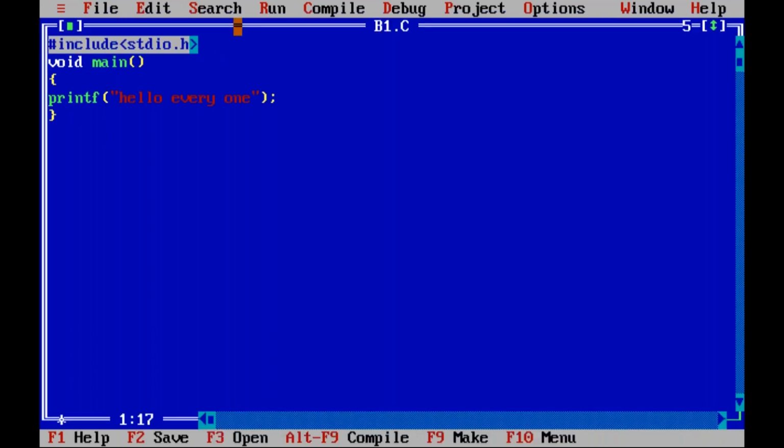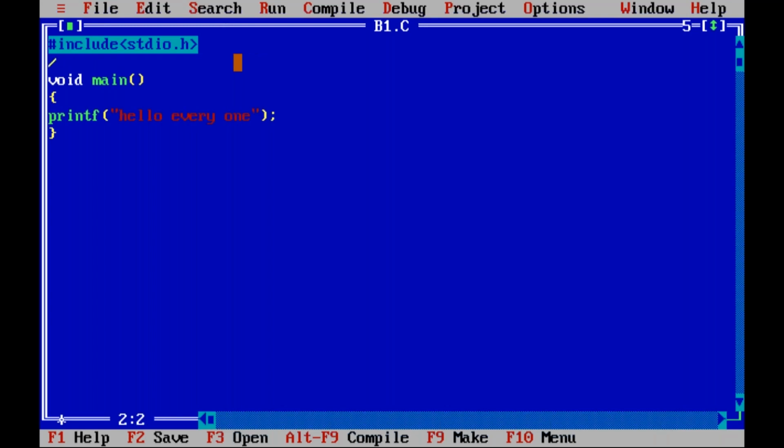First, what is this called? It is a preprocessor directive. I told you in the last class itself. It is the same thing. This is called a preprocessor directive, and this is the main function, in which we are telling the C compiler that